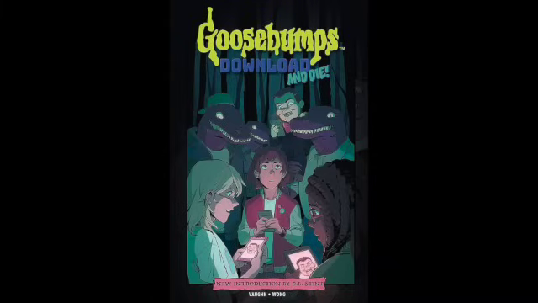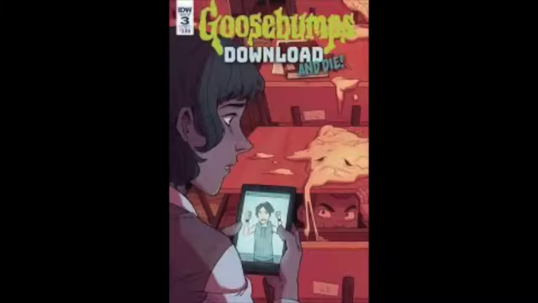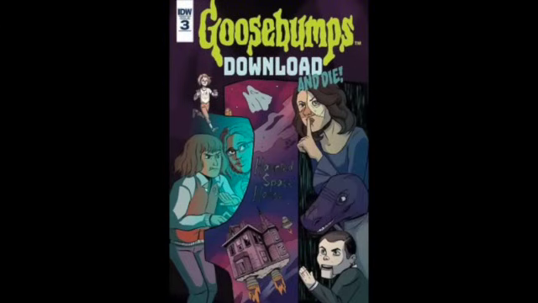Download and Die. Goosebumps Download and Die is a fan-made short comic series based on the Goosebumps books released in 2018. The story follows a plot similar to that of a generic Goosebumps book, however it seems to take place in our world where these monsters don't exist, and the main characters find a way to actually bring them to our reality. I could be completely wrong though, because I was never able to find a brief summary of the plot, and instead I found super long descriptions of each comic issue's plot, which I did not feel like reading. For those who have read it, please let me know how it goes in the comments.